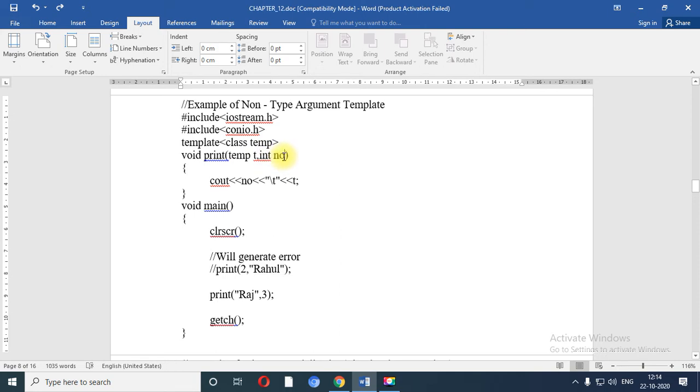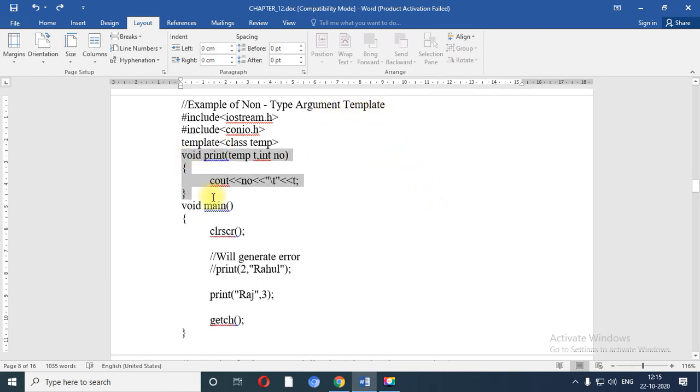So always remember one thing, that when you want to specify a non-type argument template, which contains the template list as well as the non-type template list, both can be specified within one function, and that template is known as a non-type argument template.